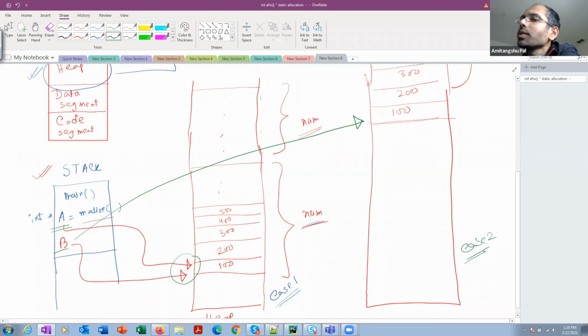Okay. So let's see what's happening in our case. In our case, mostly you will find case 1, because we are just storing 10 integers and then from 10 we are making 20. This is a very small number of integers. So there will be sufficient memory so that you can expand 10 more integers. Okay, so mostly you will get case 1, but in general there may be situations where you may get case 2. Okay, so let's validate this. Most probably you will get case 1 only.